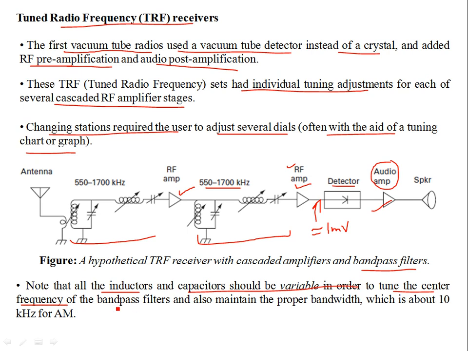So it's not only the tuning of the center frequency of the bandpass filters, you also have to maintain a proper bandwidth. For example, in AM, it's 10 kilohertz. Okay, 10 kilohertz for AM. So the bandwidth of the